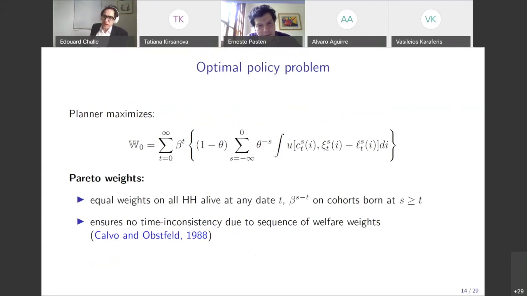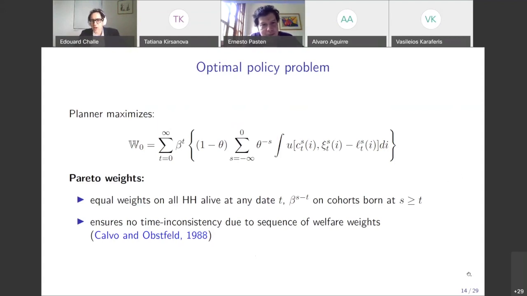So we need to solve, as I said, something that is a complicated fixed-point problem. Now, if I write the social welfare function, a simple utilitarian social welfare function, you already see the complexity of the problem. You need to aggregate the intertemporal utilities of the agents within every cohort, knowing that shocks are normally distributed. So you have a full support with an infinite dimensional heterogeneity within every cohort. And then you need to aggregate across cohorts those intertemporal utilities. So you have large cross-sectional heterogeneity in this economy.